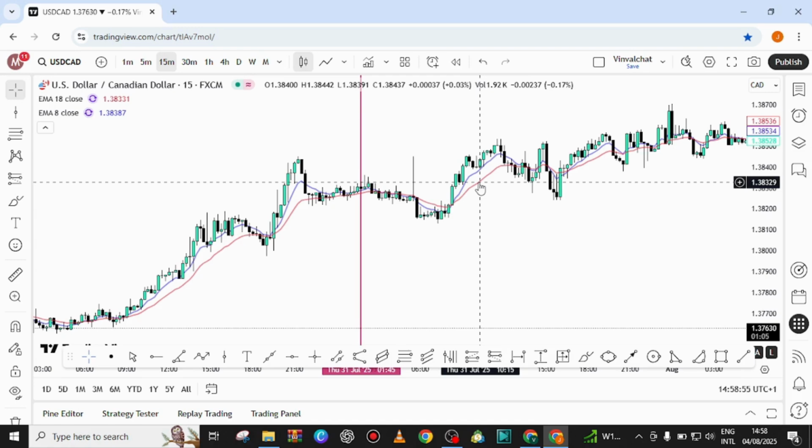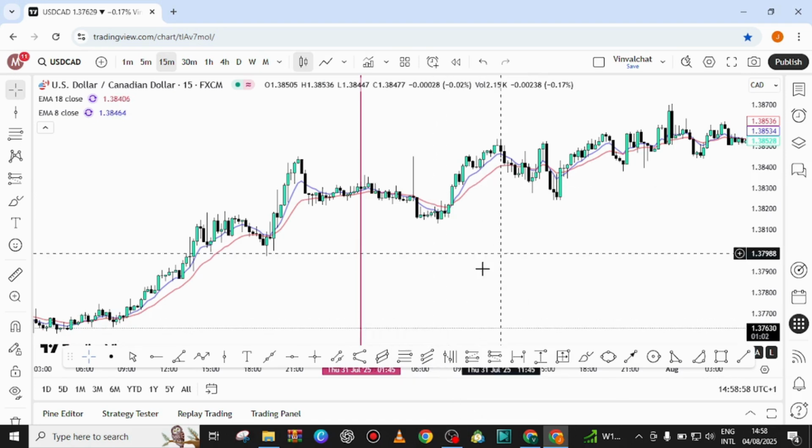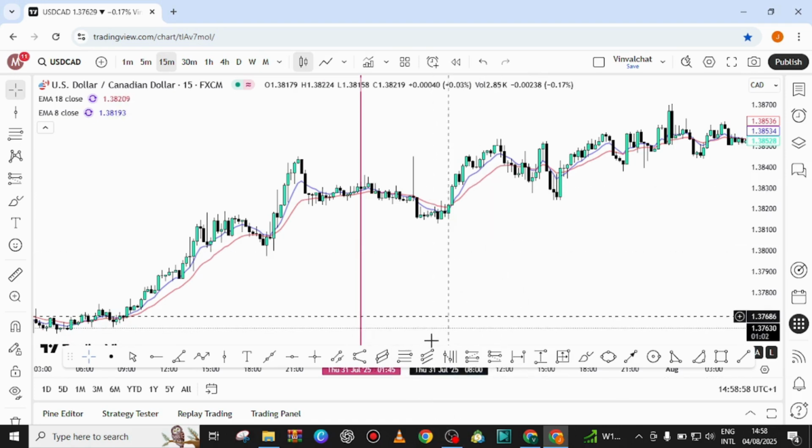So I think that's all on how to use TradingView. So make sure you watch the previous video on how to set up TradingView before you watch this particular video so that you can be able to follow up on some of